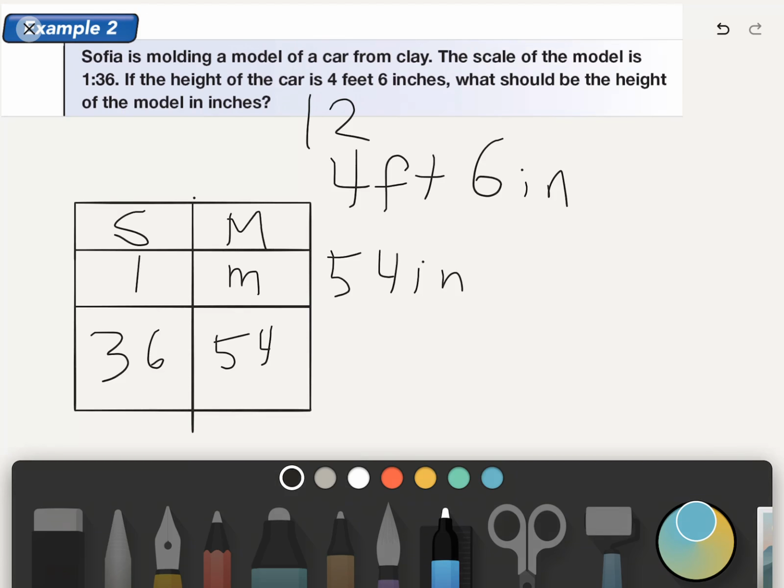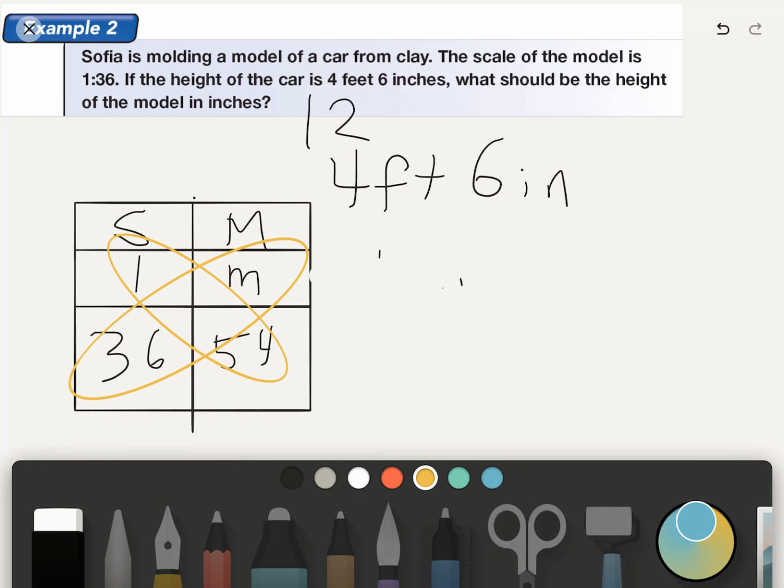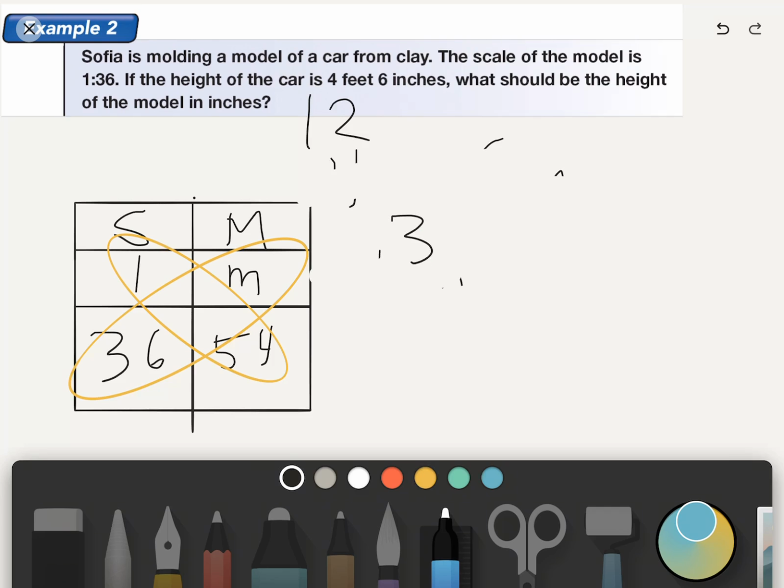So we can essentially do a little bit of cross multiplying goodness, which would get us to 36 times m equals 54,